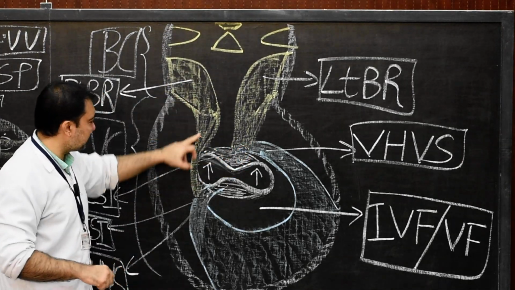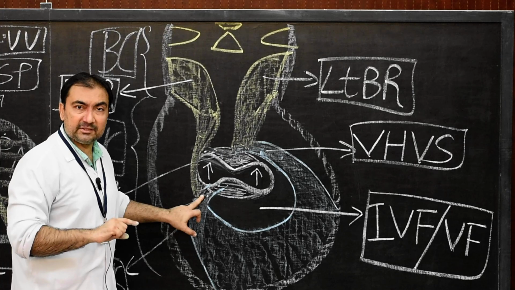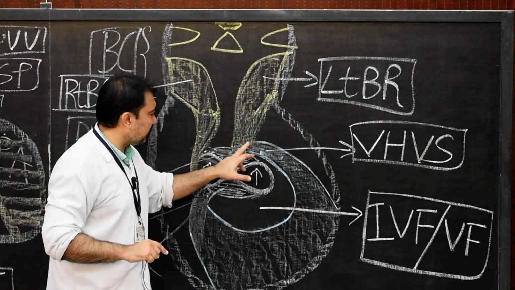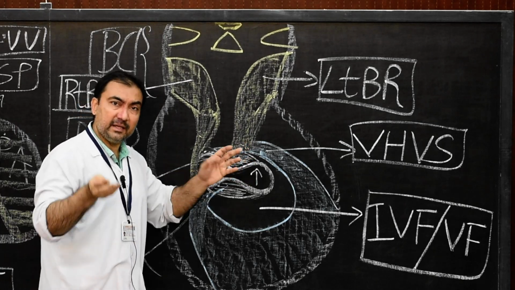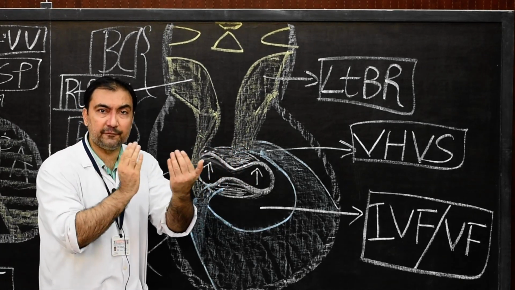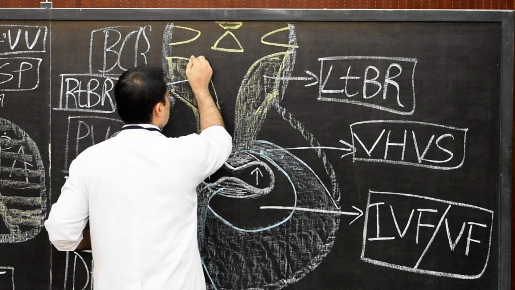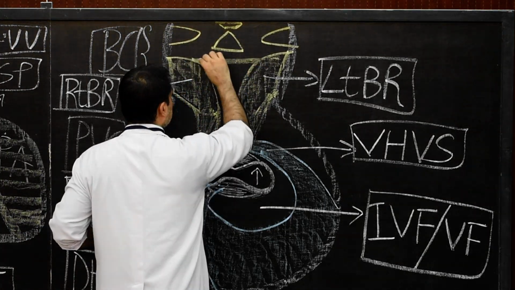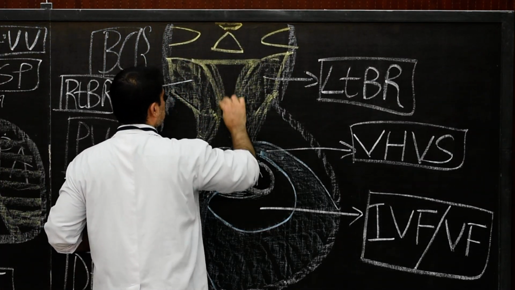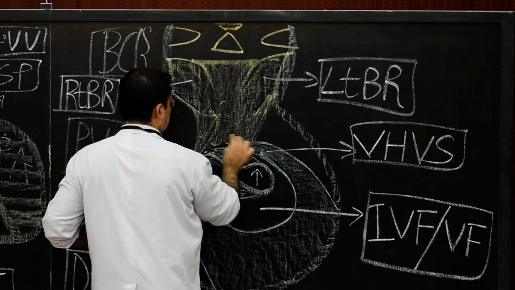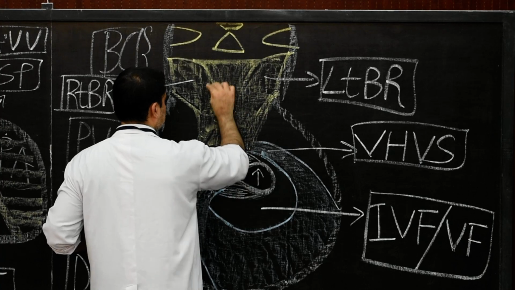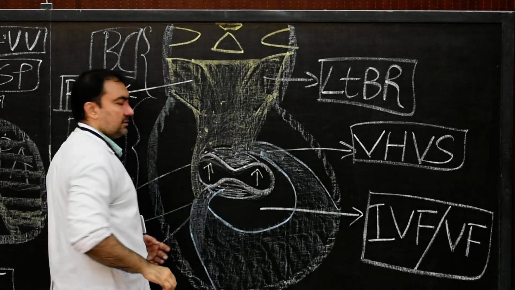Once again, right bulbar ridge with the dorsal horn of the ventricular septum, and the left bulbar ridge with the ventral horn of the ventricular septum. And at the same time, both the bulbar ridges will fuse with each other. So now, both the bulbar ridges fuse with each other like this. They complete this fusion with each other also.